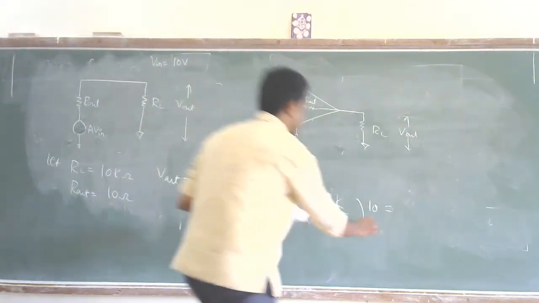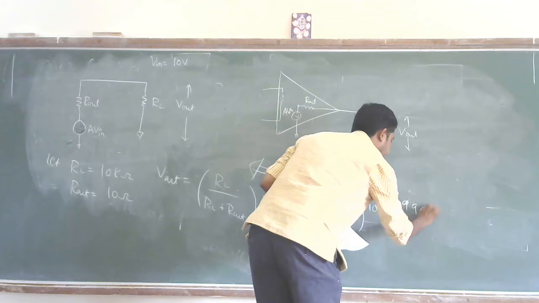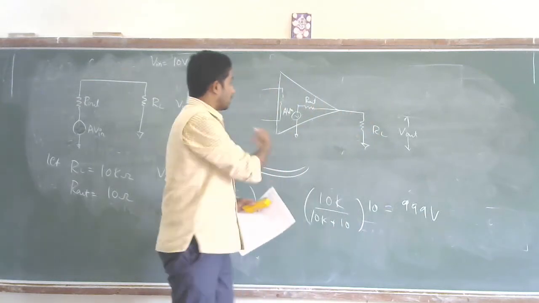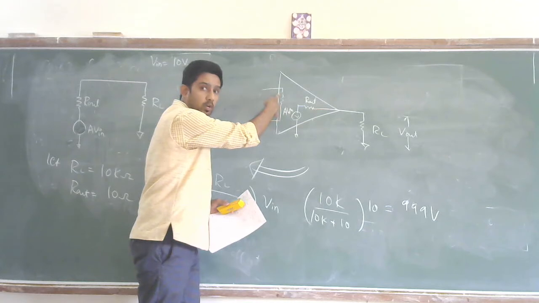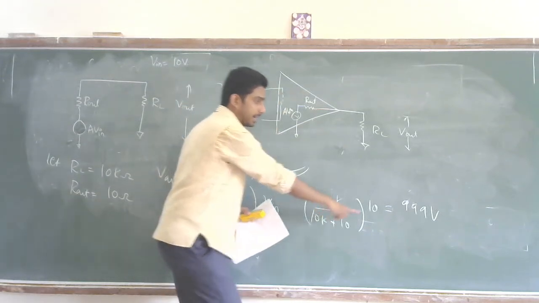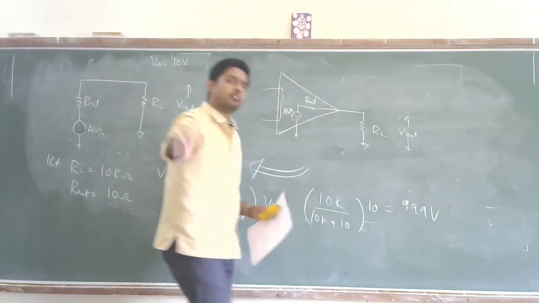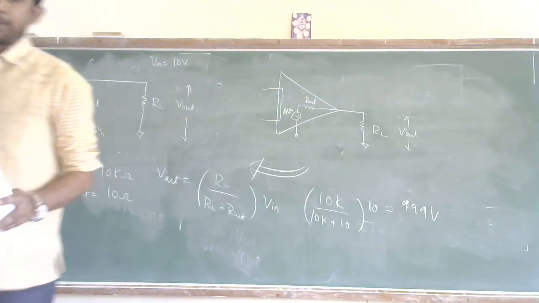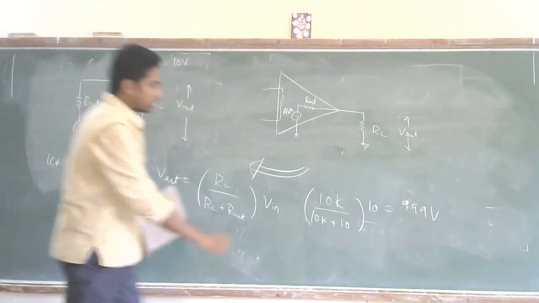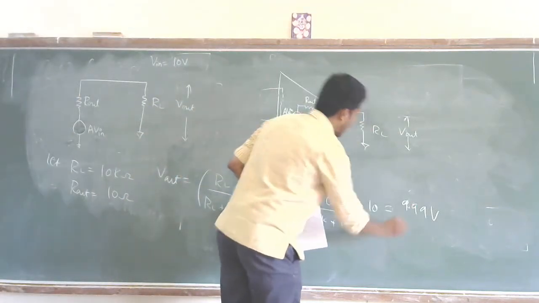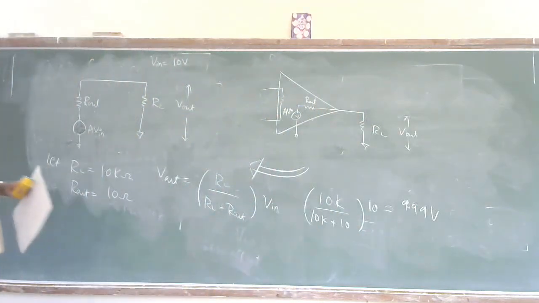Exactly 9.99. So which means, from the input source side, we gave 10 volts, and 10 volts came inside the op amp, but when it comes out, it is getting to 9.99. Fair enough, accepted. Some kind of glitches here and there, some kind of losses happen, accepted. But now it should not be less than this. So for it not to be less, what should I retain or what should I do?